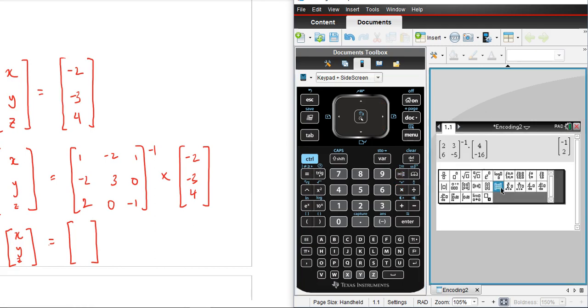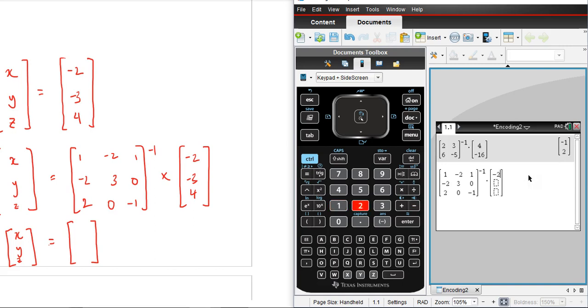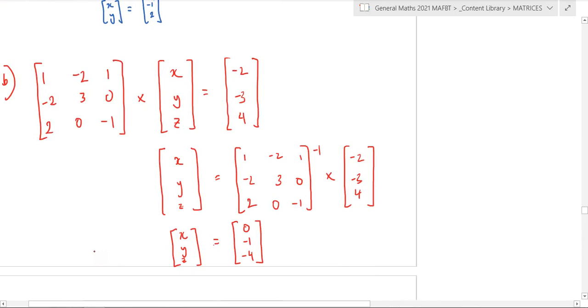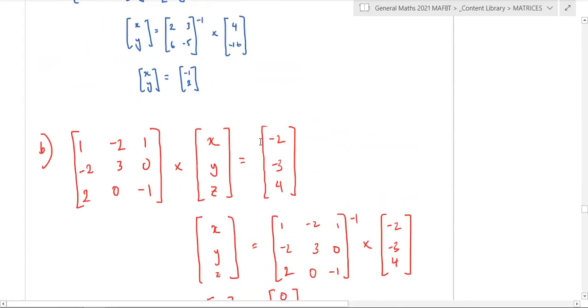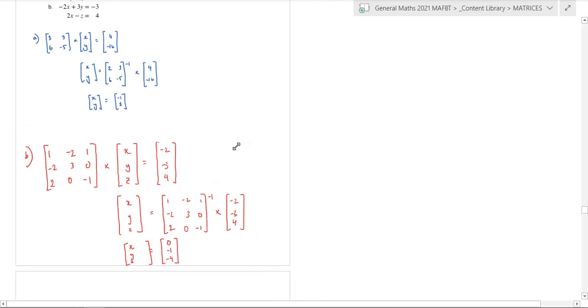Now we have to use a custom matrix for this. So I see it's got 3 rows and 1 column. It's a column matrix anyway. So -2, -3, and 4. Multiply them, and there is my answer. So 0, -1, -4. Okay, so there is my answer for each of the unknowns. 0, -1, and -4. So that's essentially how we solve these sort of simultaneous